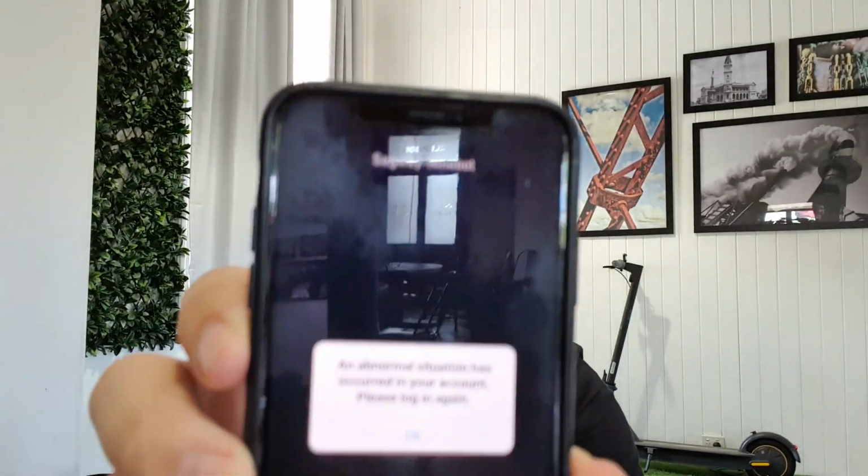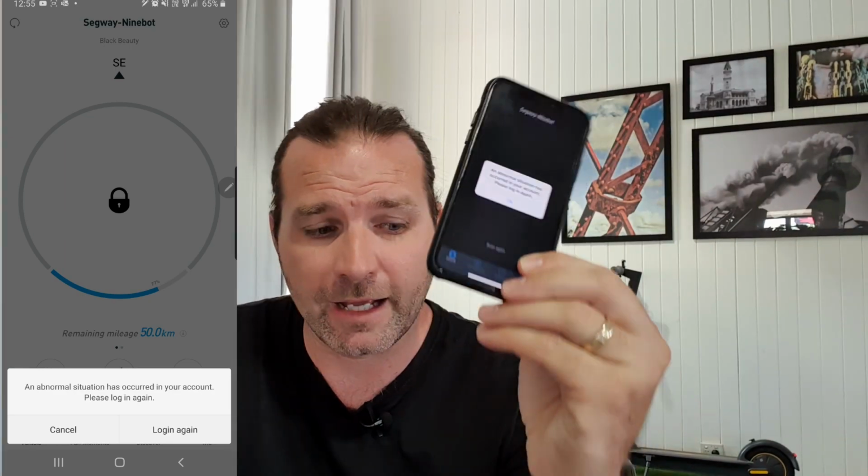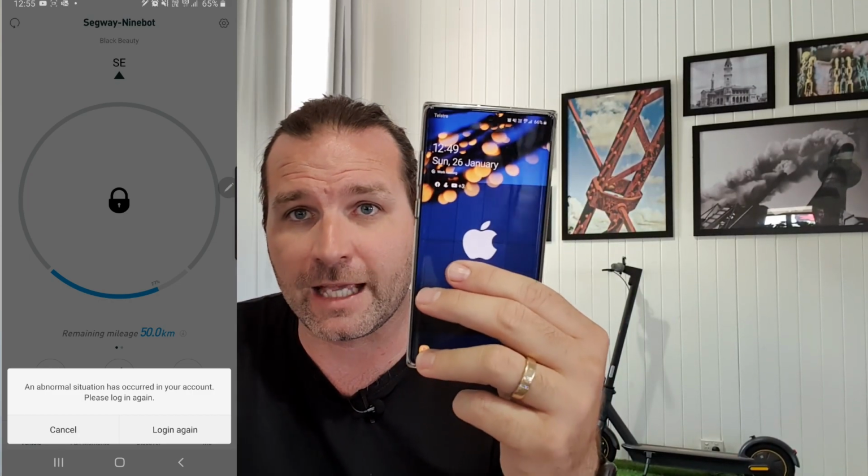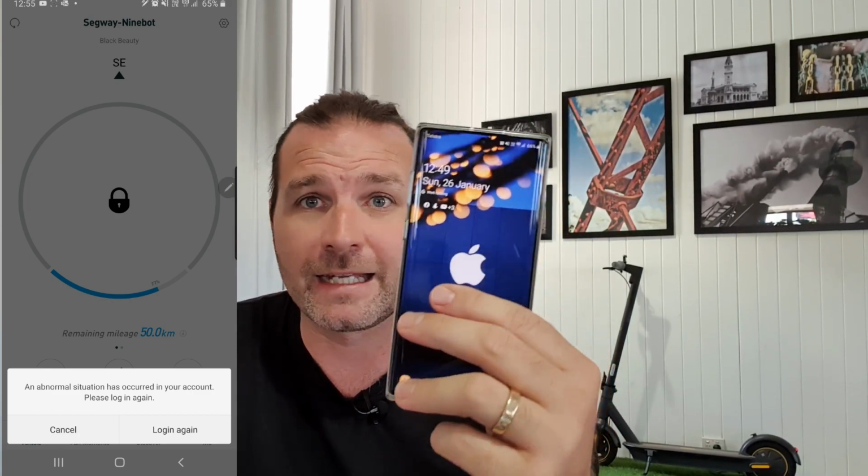So for instance, if I log into my phone right now and we go to the Segway app, you can see up on the screen here, and I'll do a screen record, it says an abnormal situation has occurred in your account, please log in again. And the reason it comes up with that is because I connected it to this. Yes, this is a Samsung Note 10 and it has got an Apple logo on it. Okay, well, anyway,